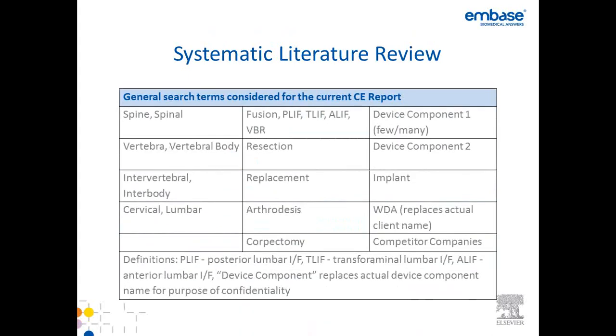So to begin this literature review, we had to come up with some general search terms that were pertinent to this clinical evaluation. You can see those listed here in the three different columns. We focused on the cervical area, but spine and spinal would be included in the cervical search term. The vertebra, of course, intervertebral, interbody. The operative part is the cervical area, and then the various parameters such as fusion, posterior or lumbar, transforaminal, other words that